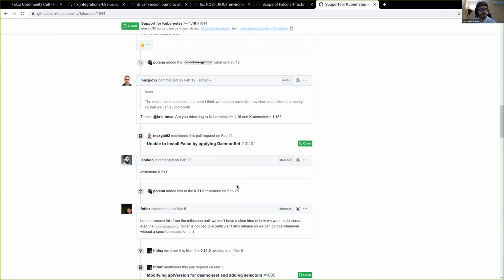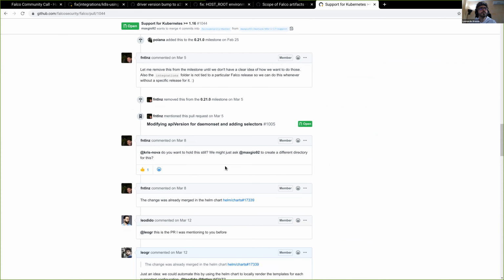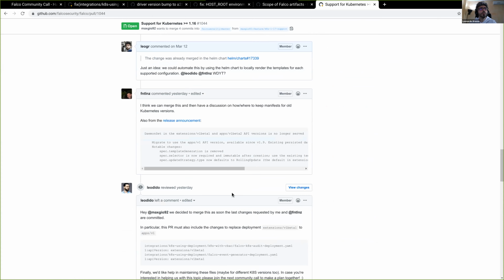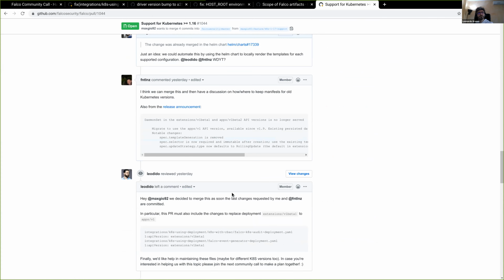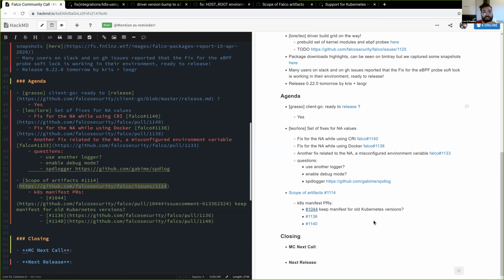And at the end, I think we agree that we can merge these, but then we need to have a discussion on where to keep a manifest for old Kubernetes versions. My proposal about this, specifically for the Kubernetes integrations directory, is to merge those PRs like they are, because